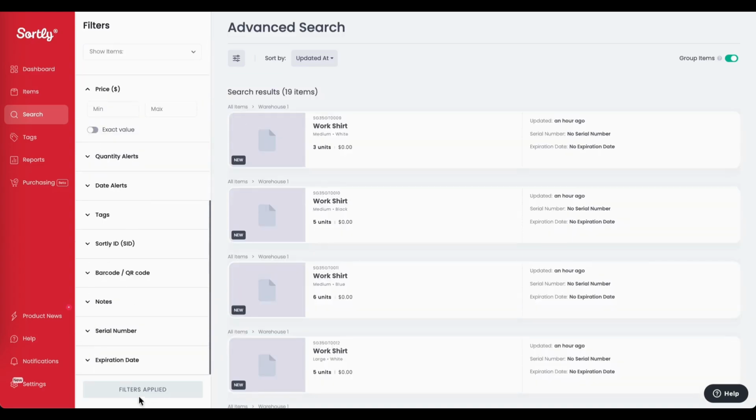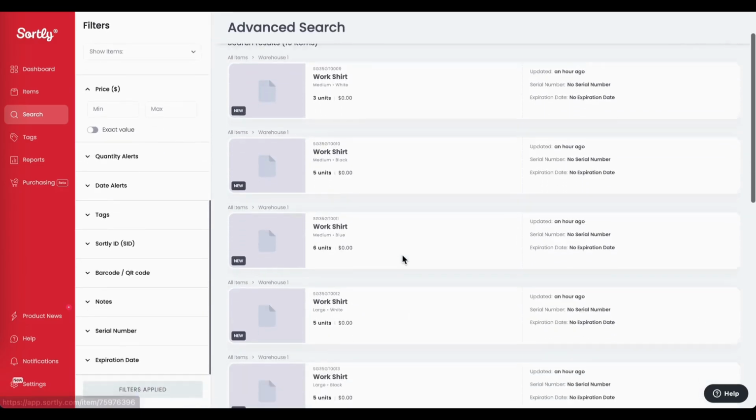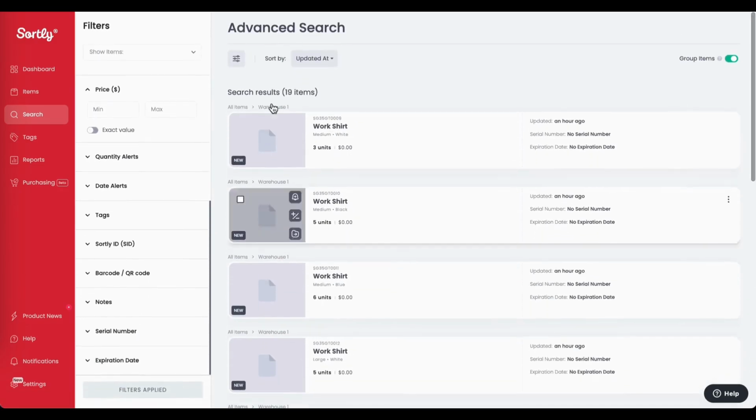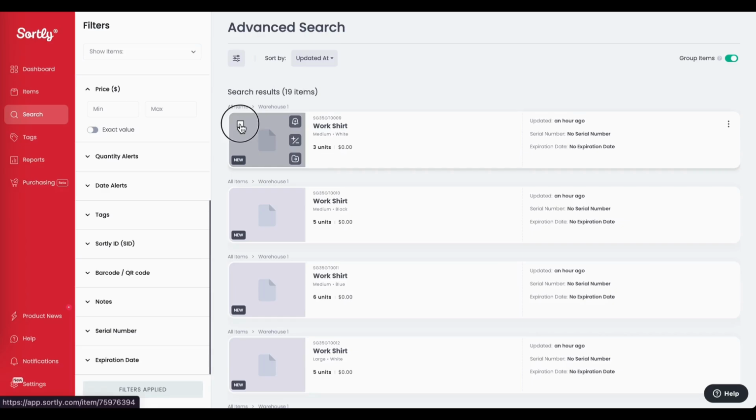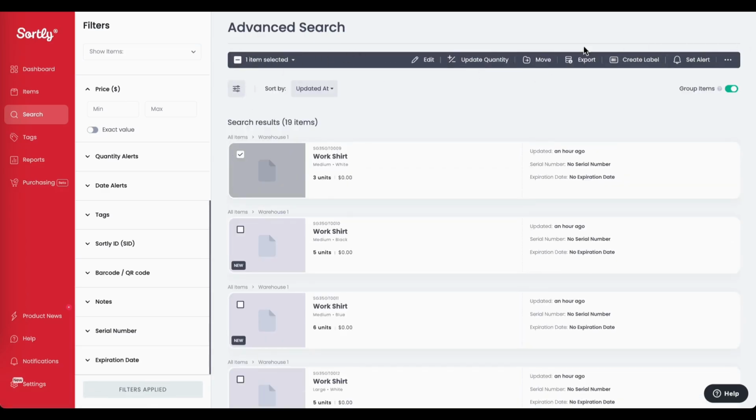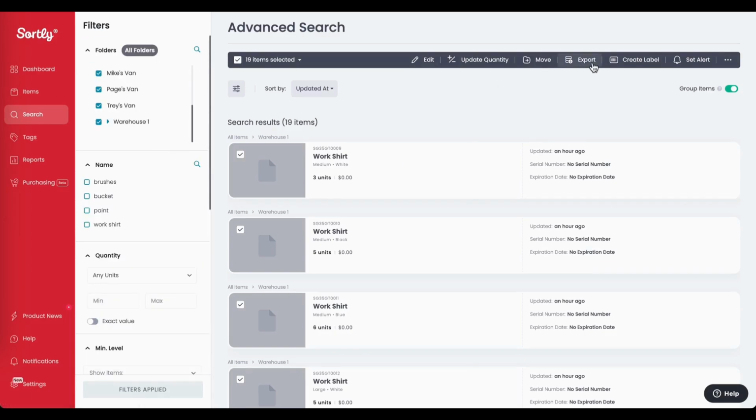So we've already done that, and I clicked on filters. This is why you can see that the filters are applied. So here we have all of our items that are in our inventory. We can go ahead and click on the box at the top left, and then this will bring up the bulk edit bar. To make it really easy, we want to see all items, so we're just going to click on that and choose all items. This will give us 19 items that are in our inventory,